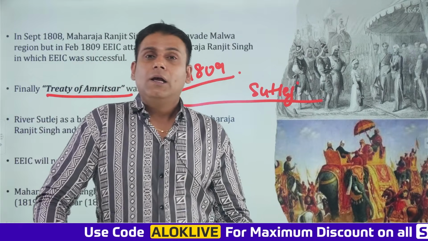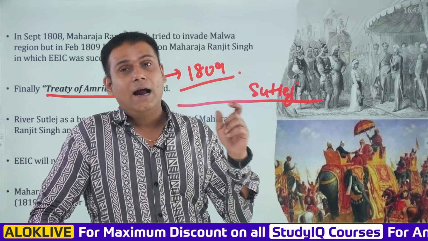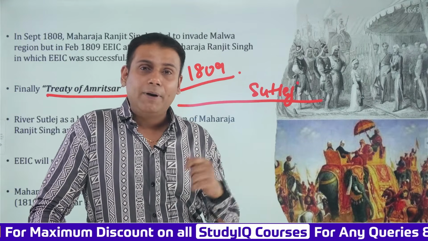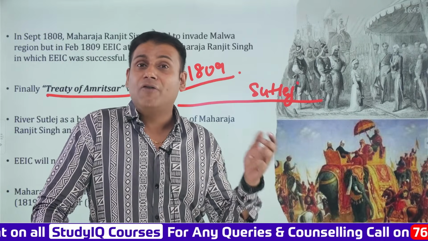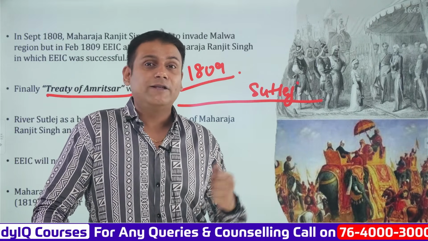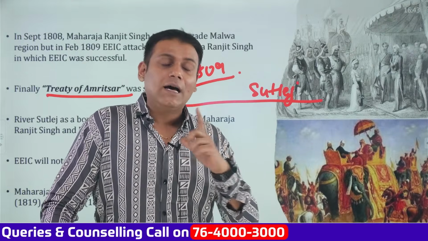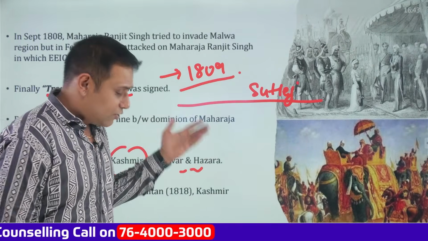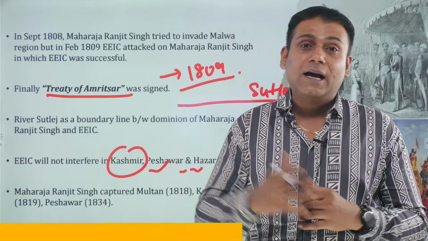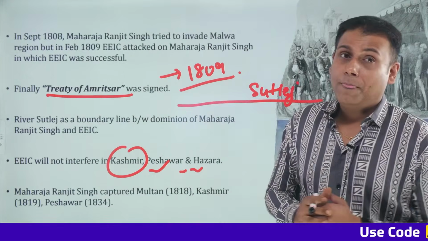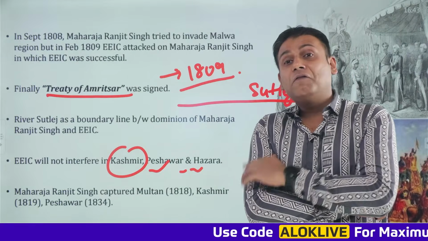Apart from this, how Maharaja Ranjit Singh Ji made Lahore his administrative capital and Amritsar his religious capital, how the army of Maharaja Ranjit Singh Ji was quite disciplined and trained on European lines or Western lines by Jean-Baptiste Ventura and Jean-Francois Allard. Apart from this, this was the Treaty of Amritsar that was signed with Maharaja Ranjit Singh Ji by the English East India Company in 1809. Okay, so in day after tomorrow's session, we'll be throwing light on the first and the second